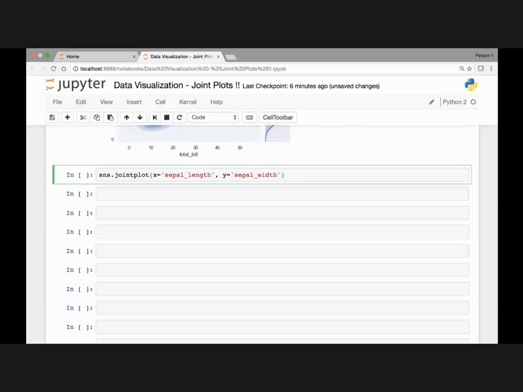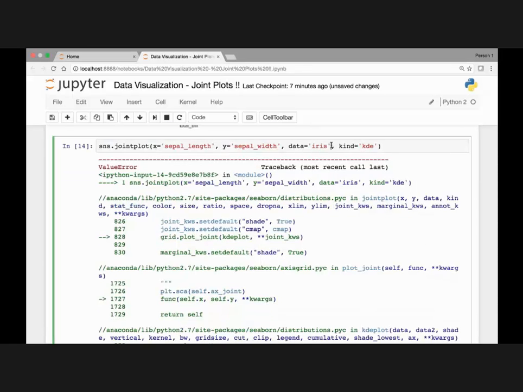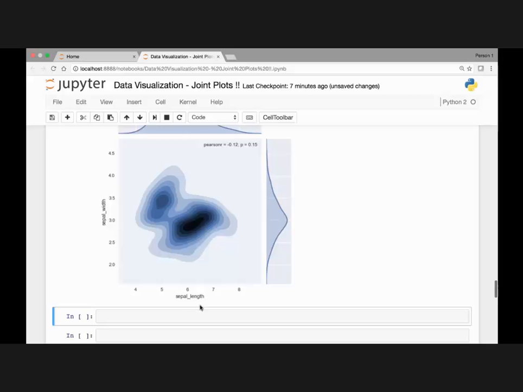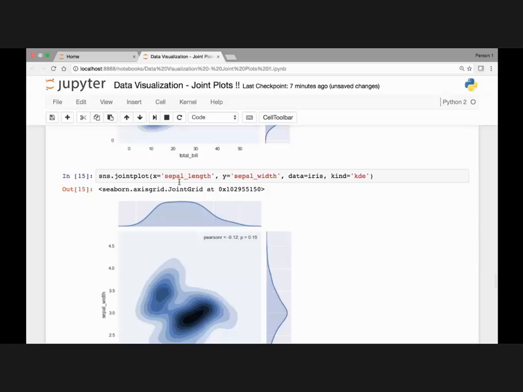You can use the other attributes also, like petal length or petal width, it doesn't matter. And our data is coming from the iris dataset. And for kind, we'll pass kde. Run it. Oh, for our data, let me remove the quotation. So the data comes from the iris dataset. Let's run it again. So here we have a kernel density estimate by using joint plots for our sepal length and sepal width variables,